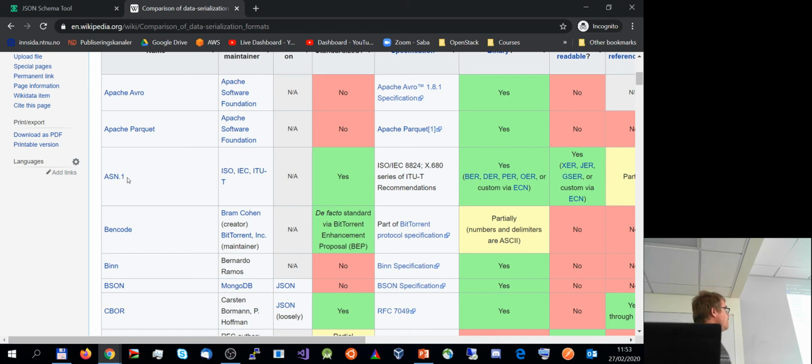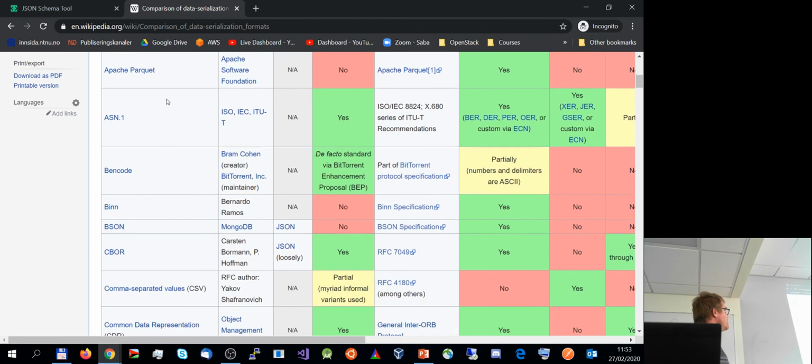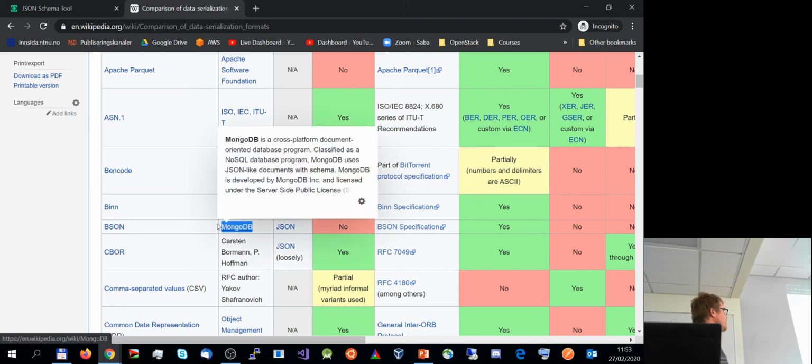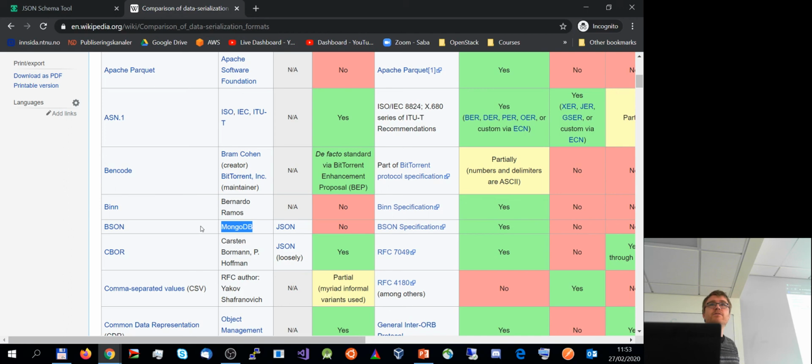So this comes from, ASN.1 comes from a telecommunications sector originally. Avro is now managed by Apache. I think it came from a private company before. It was also about efficiency. We find BSON here, which is, that's right, heavily used by MongoDB for the interaction, which is quite natural, but you don't feel any of that because you just think you interact in terms of JSON.